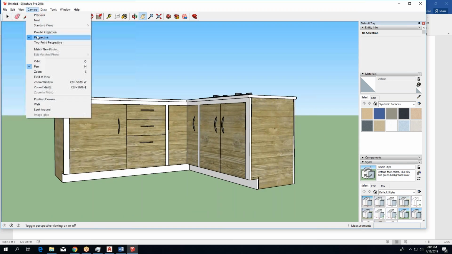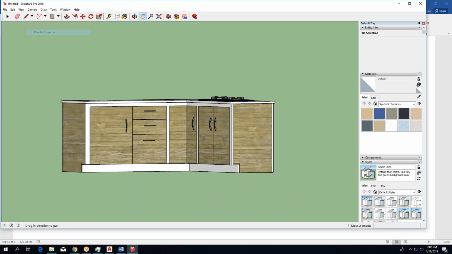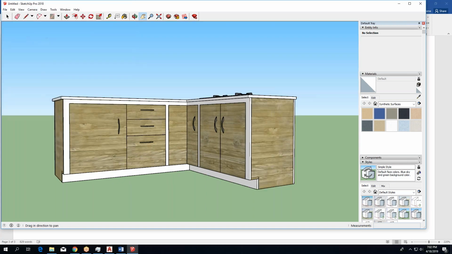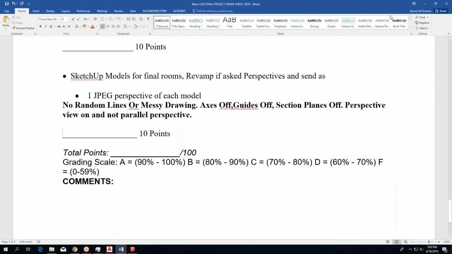Make sure that your camera's in perspective and not parallel projection. That's another thing some of you are still getting points off for. You're forgetting to change. If it was parallel projection, it looks like a creepy, weird thing. That's not right. So we got to go back up and say perspective or 2-point perspective to fix that. And then resubmit them. So we'll have SketchUp models for our final rooms, 1 JPEG perspective of each of those models,